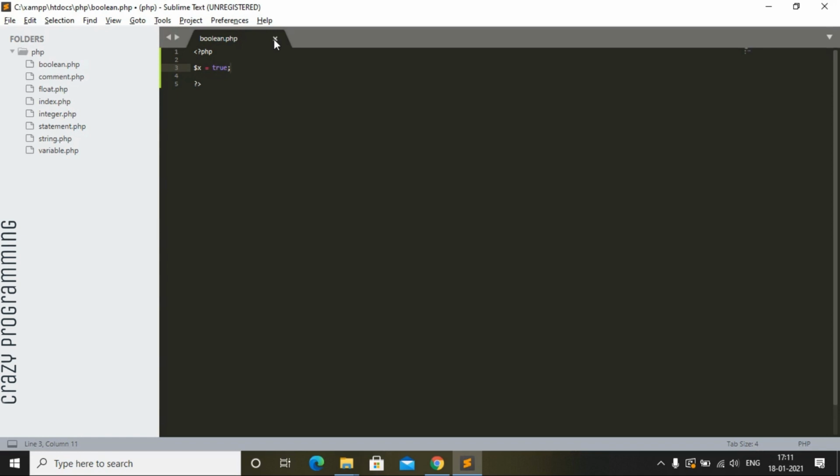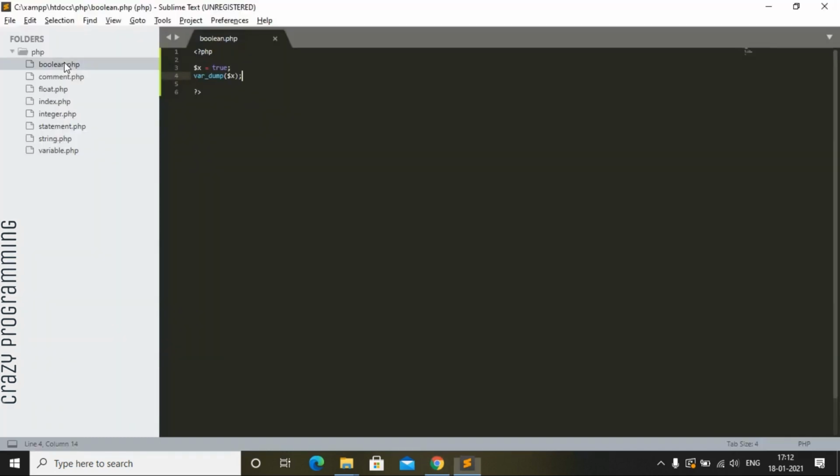So x is true, and let's check with var_dump whether it is a Boolean or something else. Okay, so we will use var_dump inside this x,